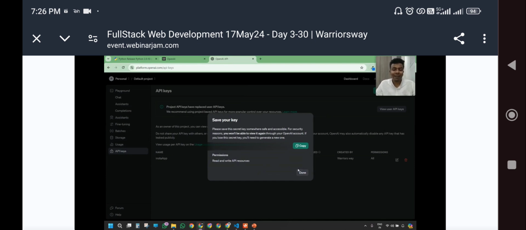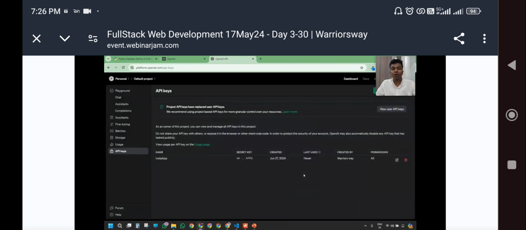Don't waste that. $5 free credits is a big thing on the biggest cloud in this world right now. This is the biggest generative AI application out there right now, the OpenAI API, which is going to work very well. So please don't waste it. Please use it wisely. So save your API key.